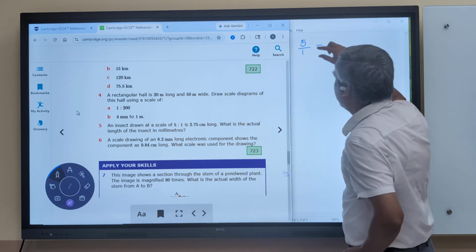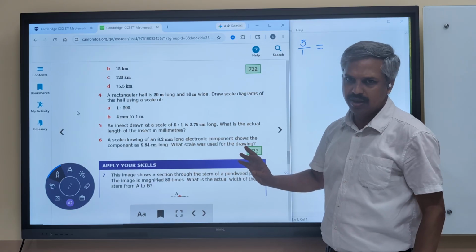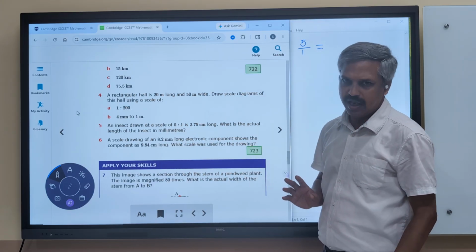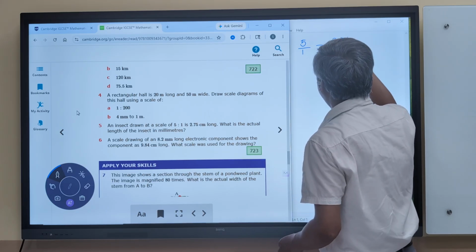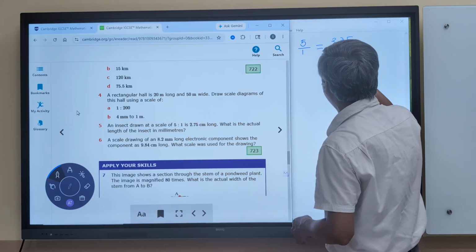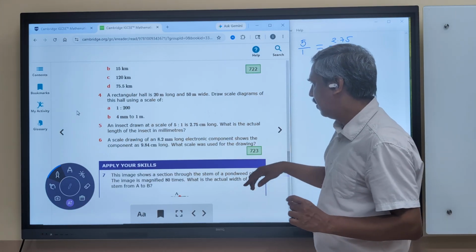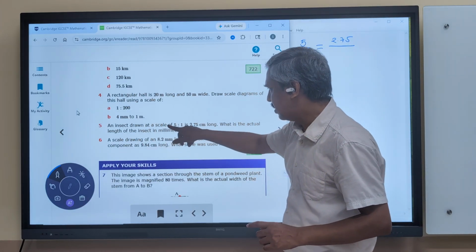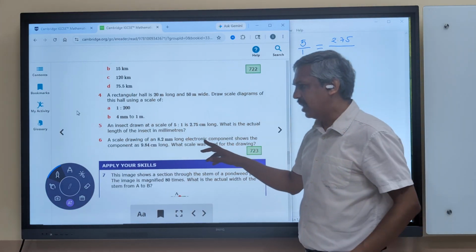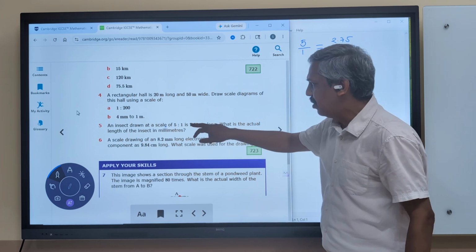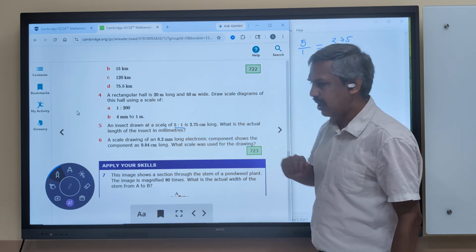So what we are doing is, whatever be the size of the insect, we are magnifying it 5 times. So 5:1 is the scale. So whatever be the size of the insect, it is 2.75 divided by its size on the paper will be, am I right on this, 1 second. Then insect drawn at a scale of 5:1 is 2.75. Let's see. What it says is, on the drawing, when you are drawing it with a scale of 5:1,